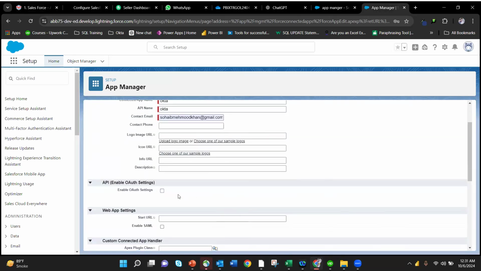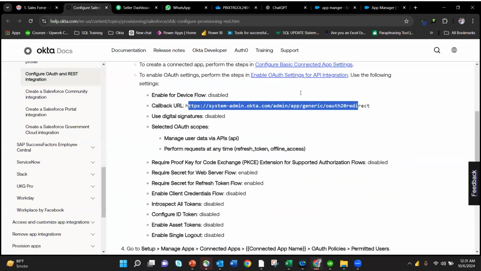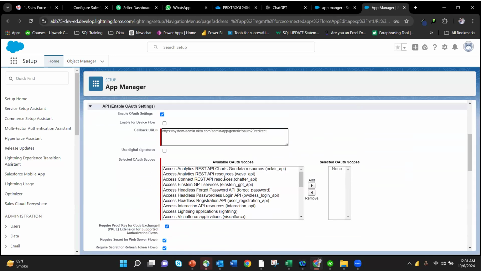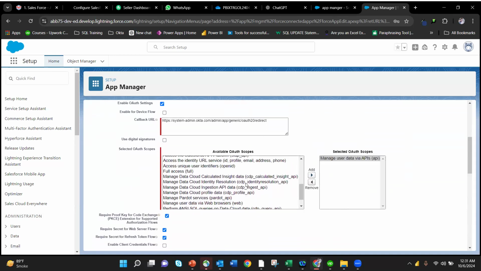So we have done this one, just the URL. We can copy it from here as well, from the document. So just copy it. Then from here it says that you manage API via data. This one to add, and the second one is